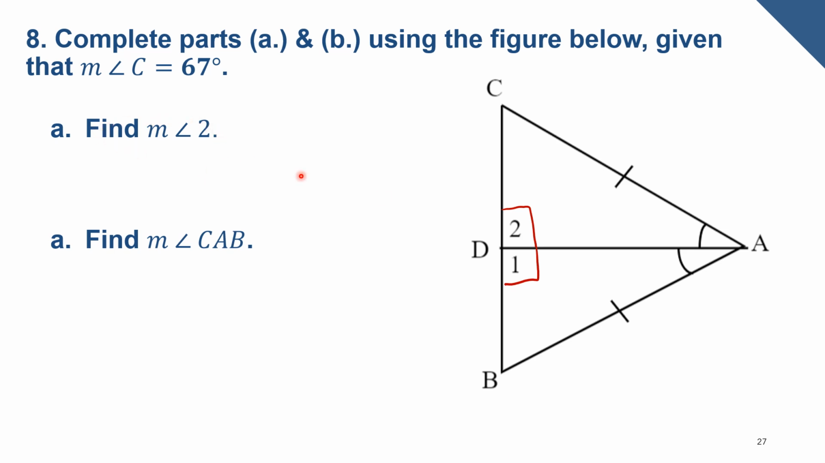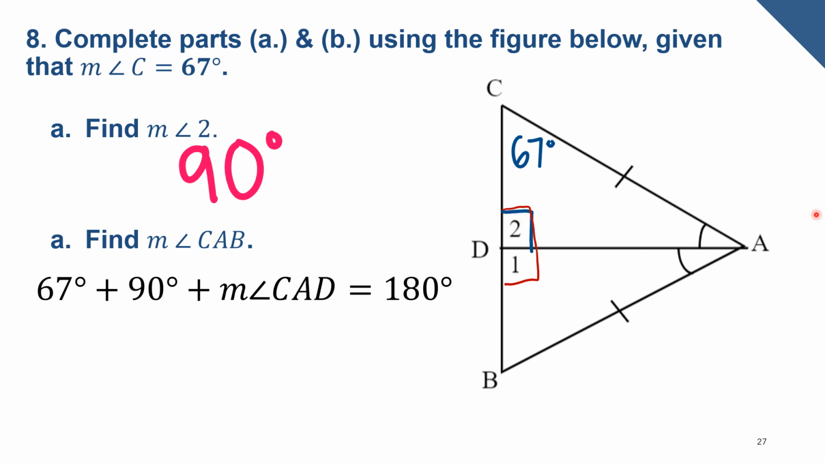It says find the measure of angle 2. Well, angle 2 is a right angle, so it's 90 degrees. All right, and then lastly, find the measure of angle CAB. So they told us in the beginning that angle C is 67 degrees, and we just found out that this is a 90-degree angle. So if we know that angle C is 67 degrees and angle 2 is a 90-degree angle,